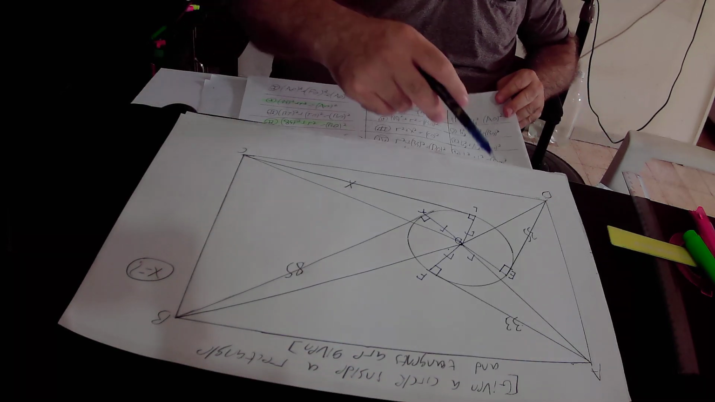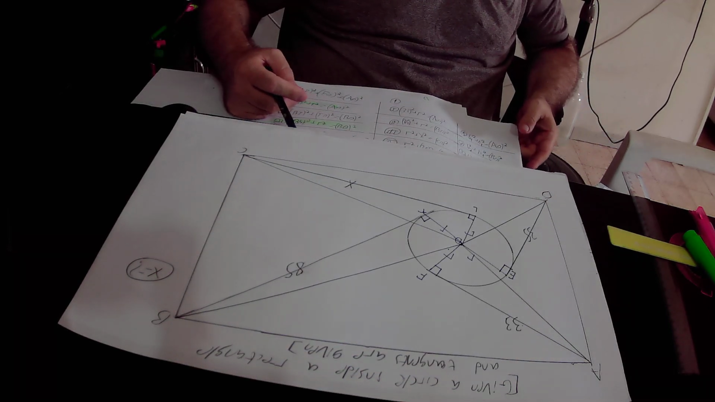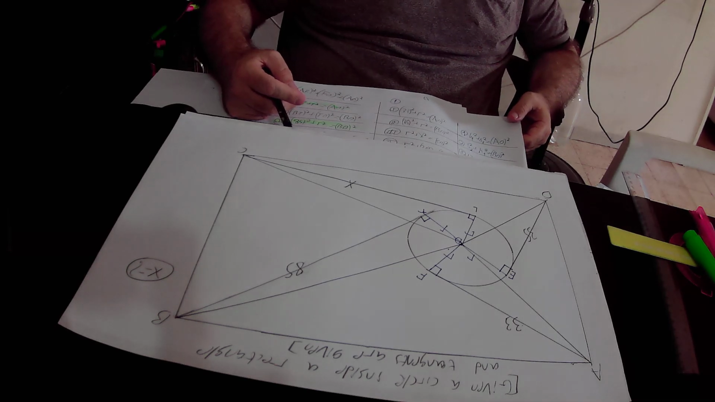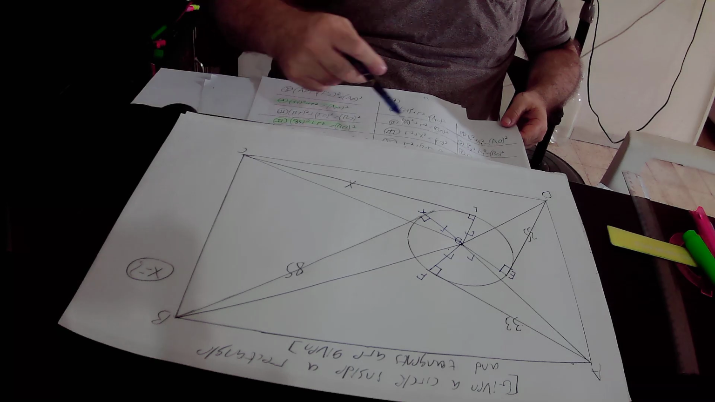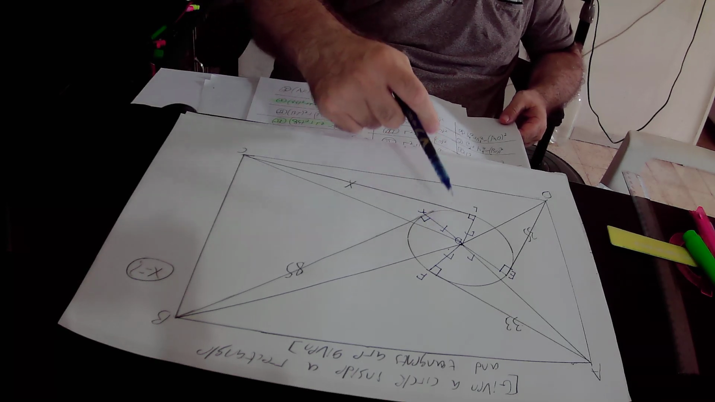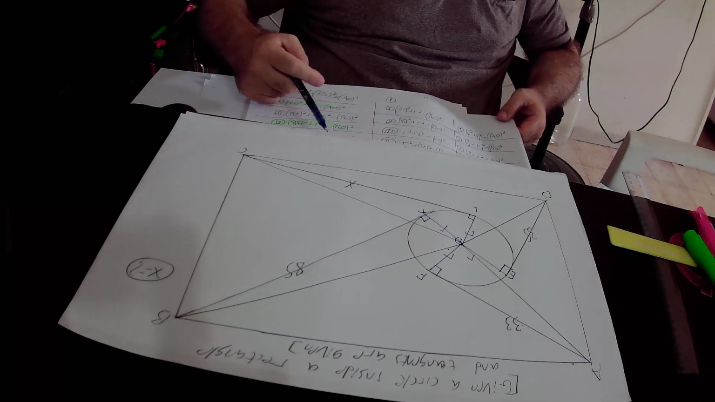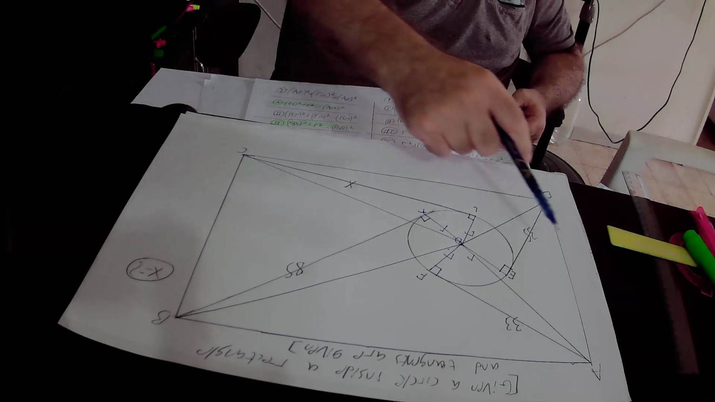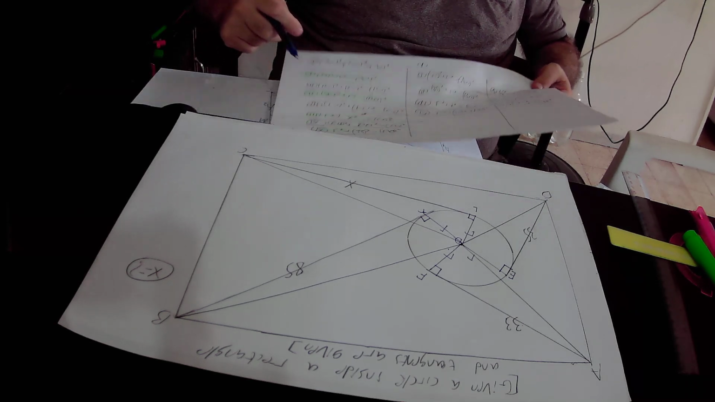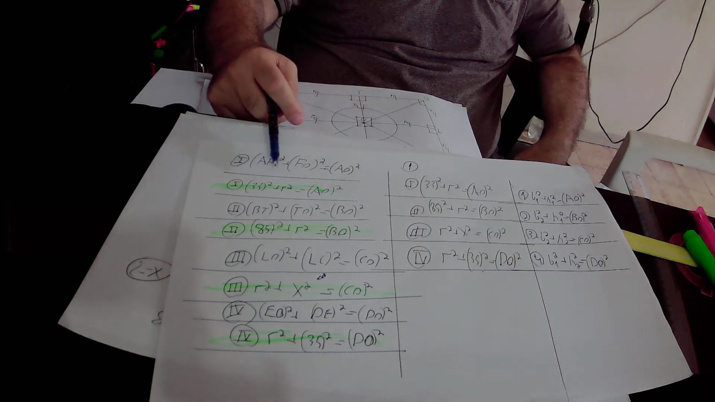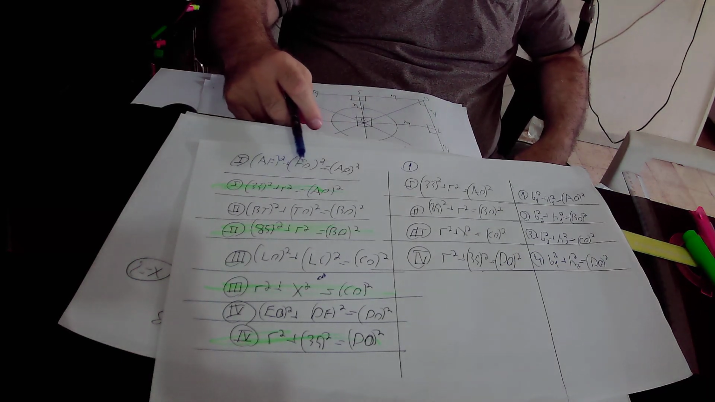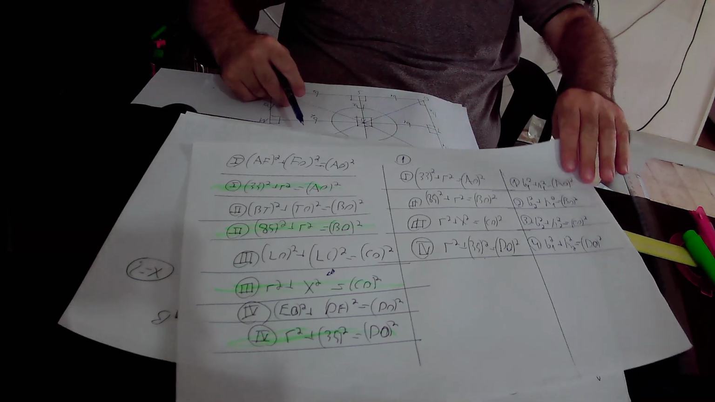AF equals 33, therefore we substitute AF by 33, so AF square is 33 square, plus OF square. OF equals R, therefore OF square is R square, plus AO square. AO is the hypotenuse, so in conclusion we found out that 33 square equals R square plus AO square. Likewise,